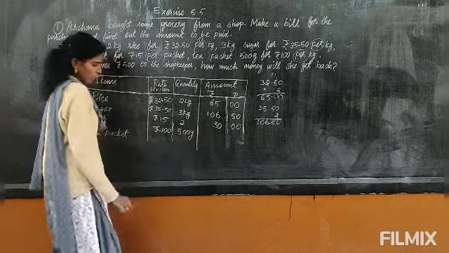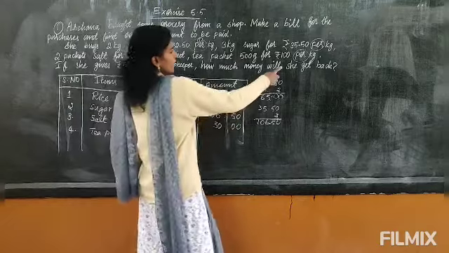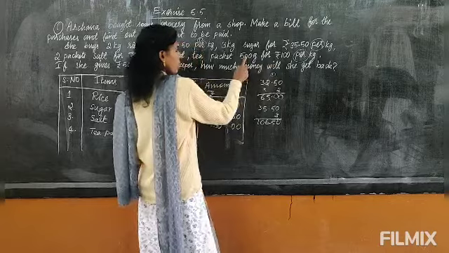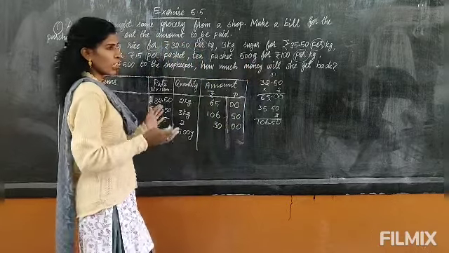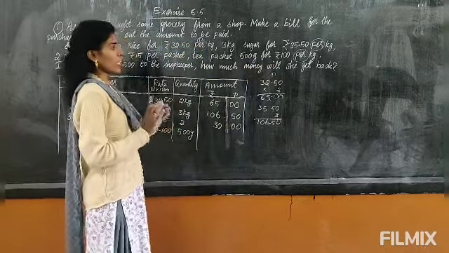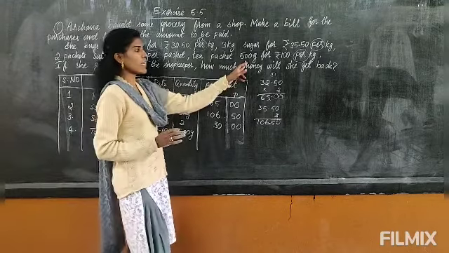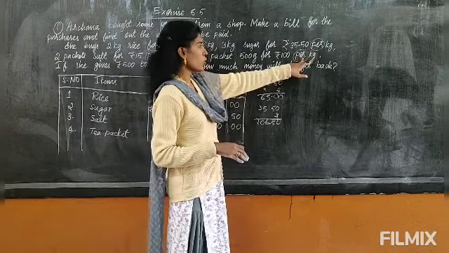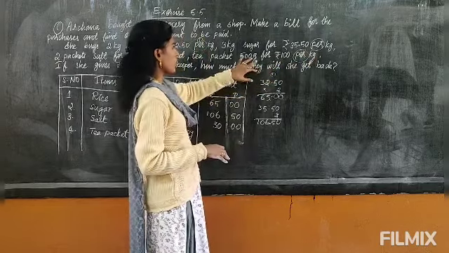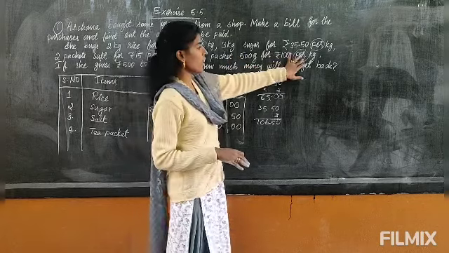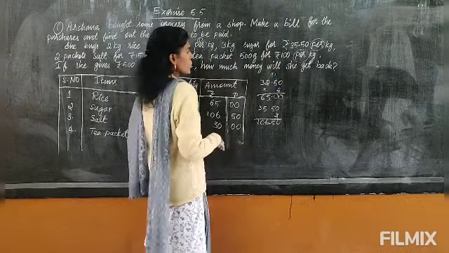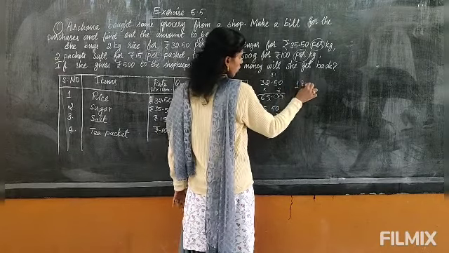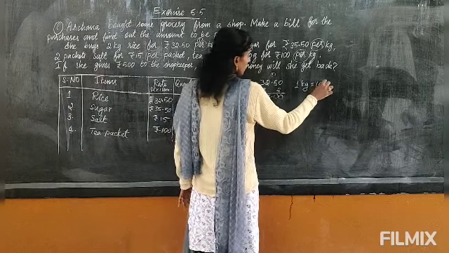Here you have to be careful. It is per kg, and per kg means 1 kg. 1 kg is 100 rupees, but she is buying only 500 gram, she is not buying 1 kg. 500 gram is less than the kilogram. Kg is kilogram, no? So 500 gram is less than 1 kilogram. That means it is half of 1 kilo. 1 kilo is 1000 gram.